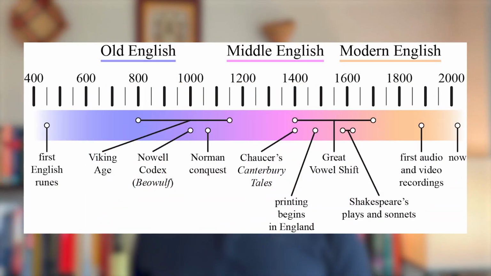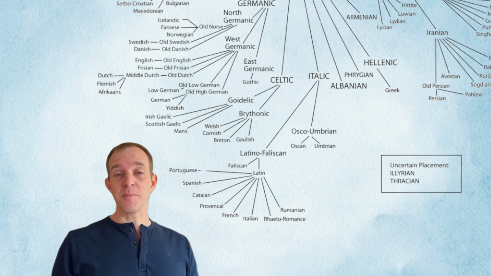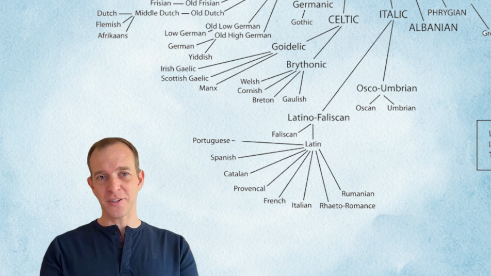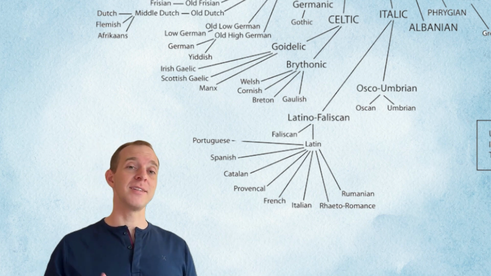The Normans brought the French language with them into England, and it became the language of the ruling class. And that marked the end of the Old English period and the transition into Middle English. English itself was practically unwritten from that point until about the late 1300s. French is a Romance language, meaning that it's a descendant from Latin, so nearly all of the vocabulary that English borrowed from French is ultimately of Latin origin.